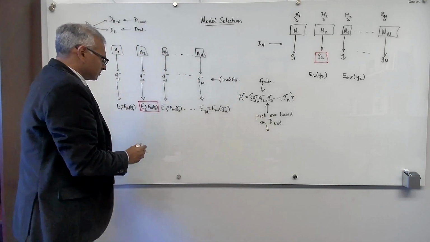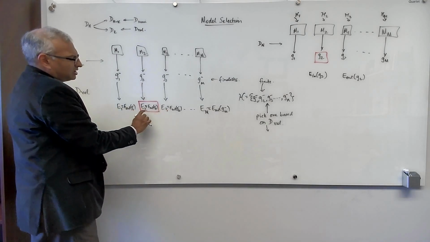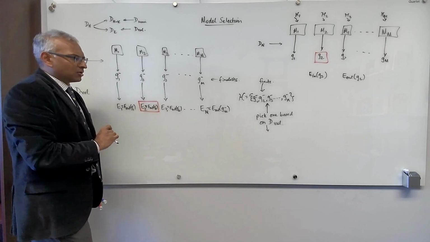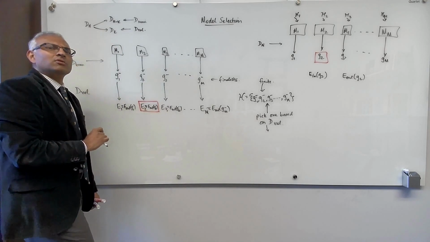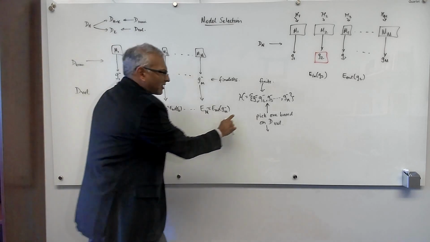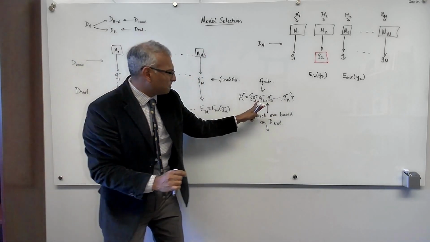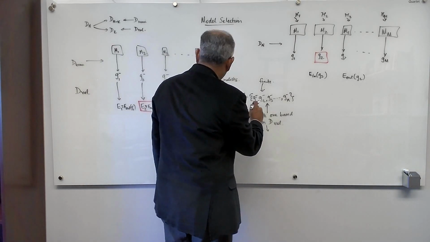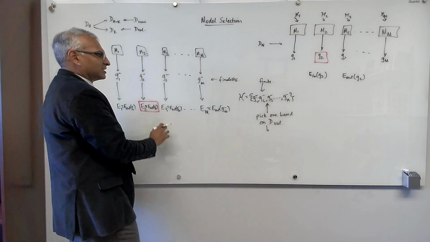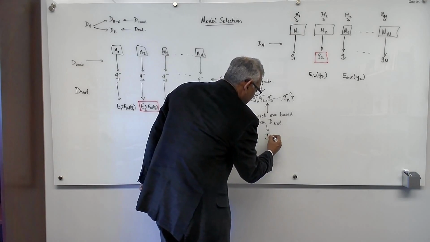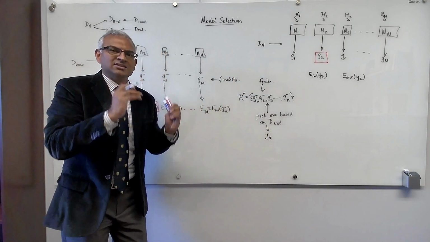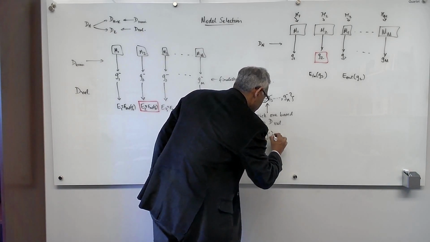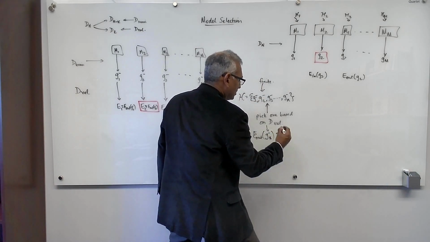Okay, so now, even though each validation error independently approximates the corresponding out of sample error, that's no longer the case after I pick. I have to pay a price for picking on the basis of the validation data. So what I will find is that when I pick the best one, let's call it G minus star. So this gives me G minus star, my final deficient hypothesis. Then E out of G minus star will be at most Eval